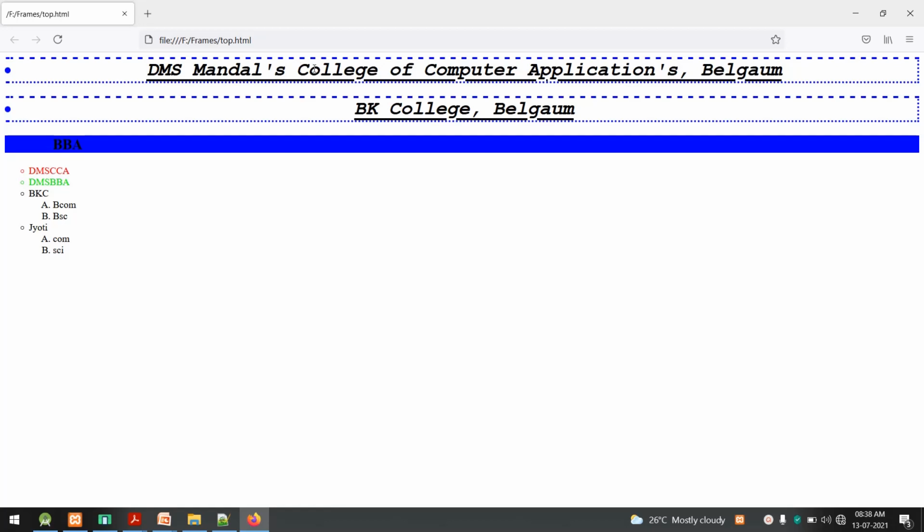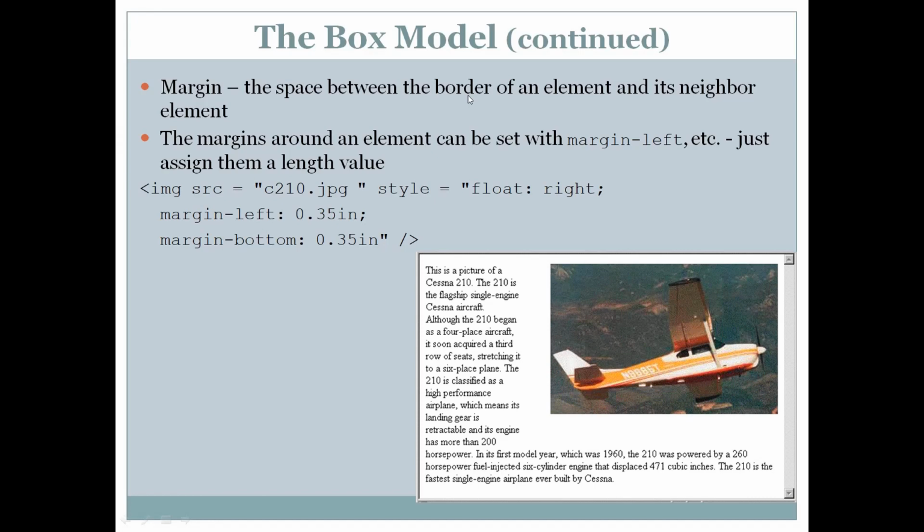The first is an H1 element which displays DMS Mandal, and the second is an H1 element which displays BK College, and there is some space between these two, but you can increase it. The margin can be increased between two elements by using the margin property.